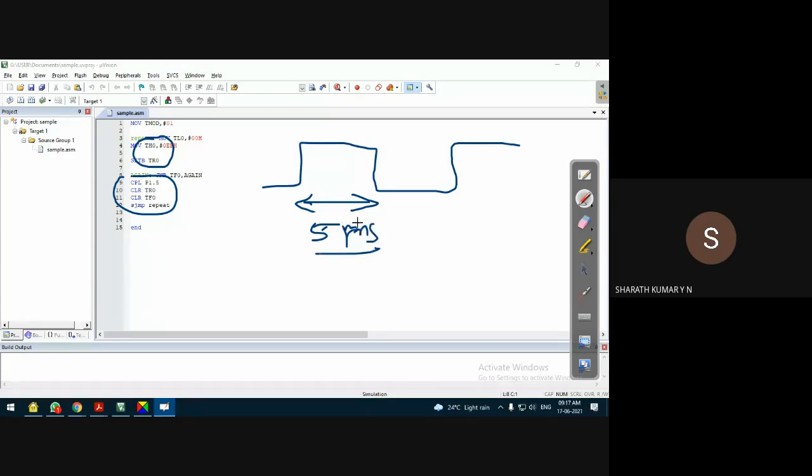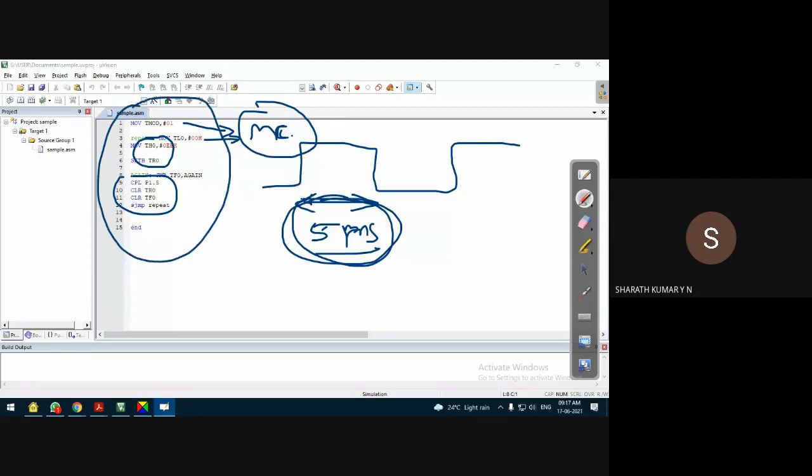Now, in this delay we have considered only the execution of the timer. If we consider the time required to execute this instruction, in terms of machine cycles, then we get a better delay calculation. Considering the time required to execute the instruction, if we can adjust the value to be loaded to the timer, then we can generate a better delay.